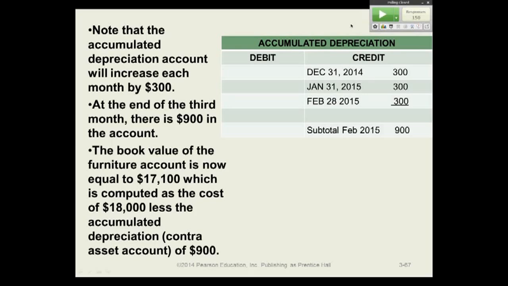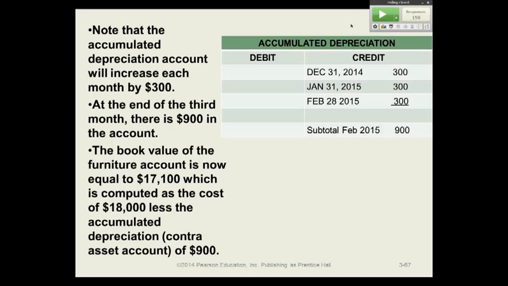Yeah. If I was doing a formal T account, this would be December, that would be January, and that would be February. In fact, that's what you're seeing right here on this account. That's the way you would see it. But I wanted you to see the perspective of the way the balance sheet would look. So the balance sheet would show 2 accounts. It would have furniture and the contra account,